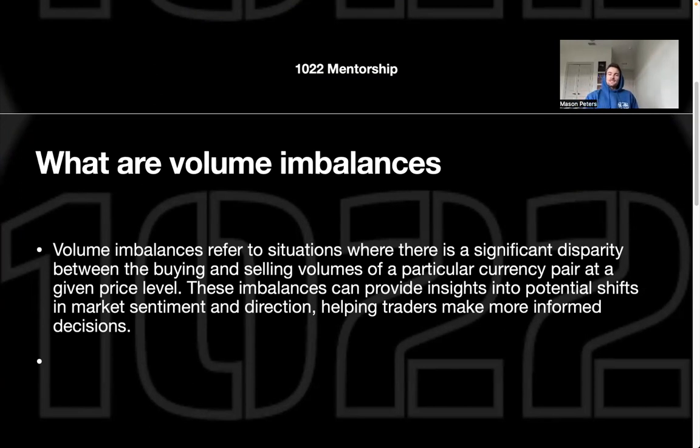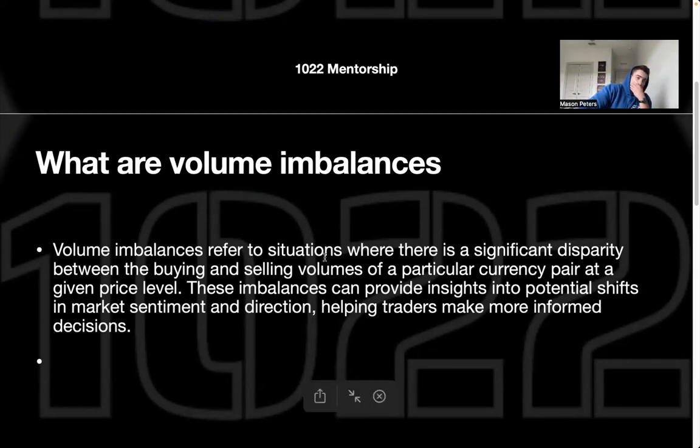Now, these imbalances can provide insights into potential market shifts, direction, and really, when we're looking at imbalances, it is the amount of pressure from mainly big corporations and institutions and people with a lot of money that create imbalances, because to move the market